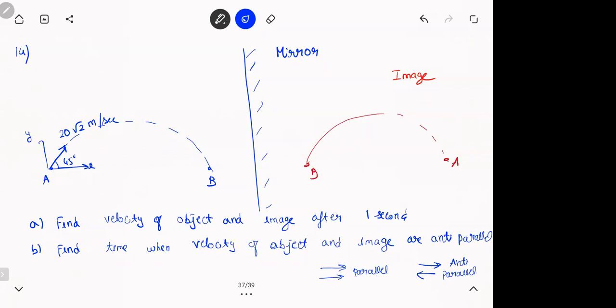Hope the question is clear. You throw a particle in front of a mirror with 20 meters per second. As shown, a particle is projected in front of a mirror. So this is based on vectors, projectile motion, and optics. Mirrors. Questions come like this. They're not tough. Again, don't think questions are tough. All are small questions. When you combine them, it looks weird. You need to think. That is the most important thing.